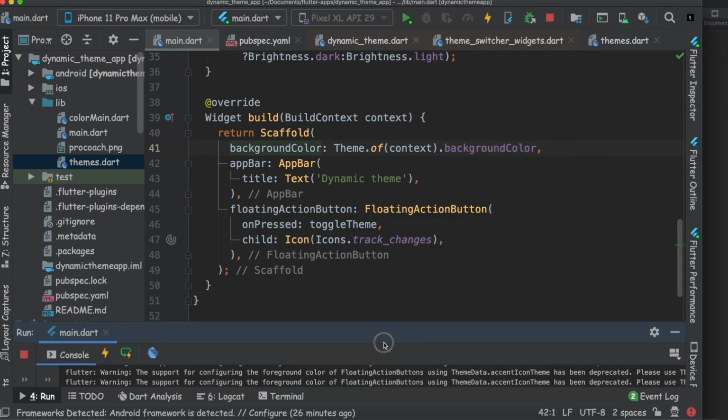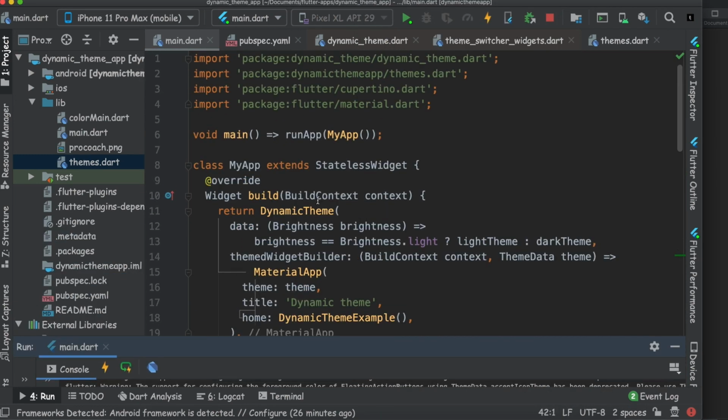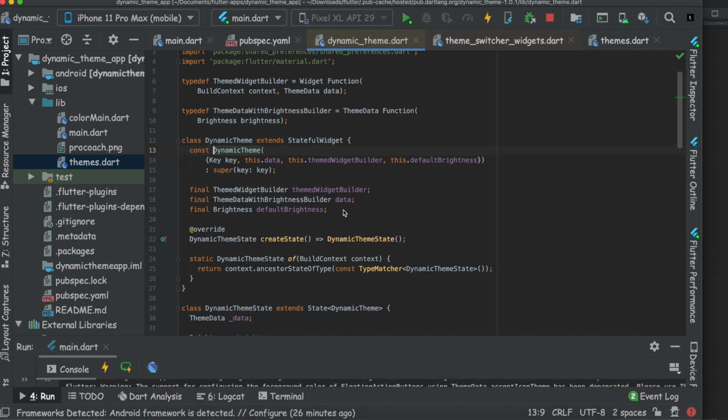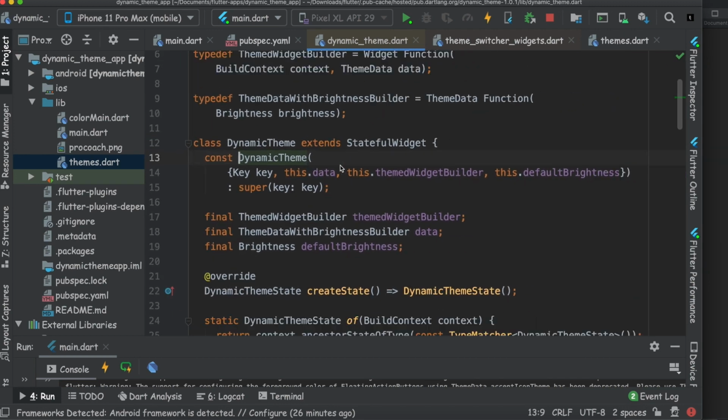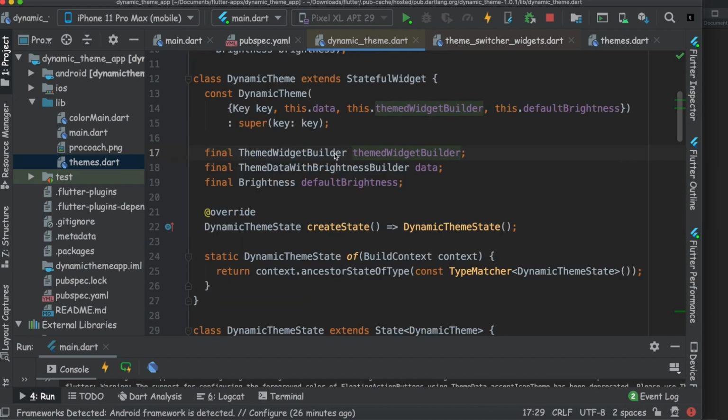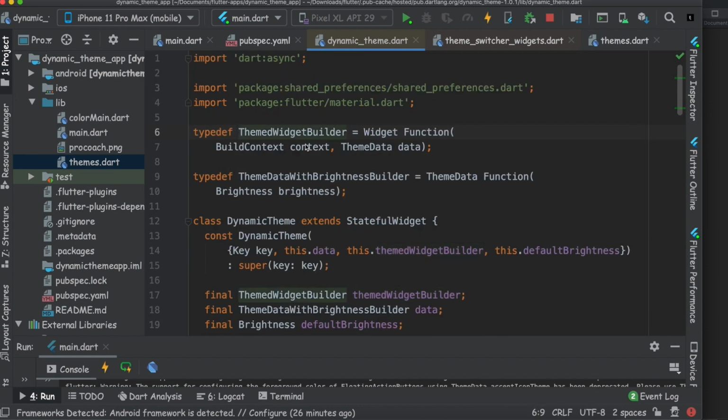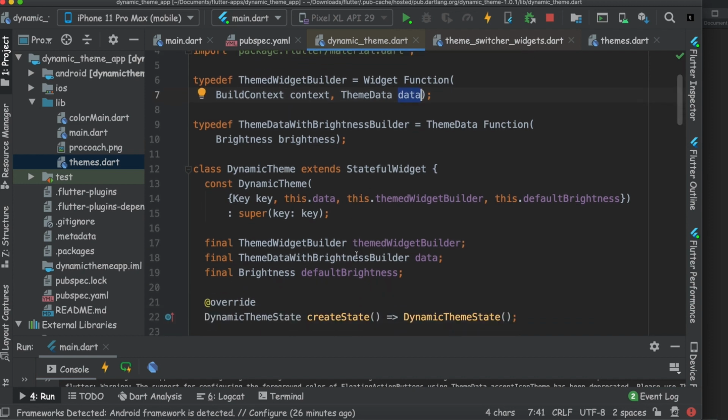If you want to dig inside, we can. Let's go into the dynamic theme. So dynamic theme is something which has a data of themes, and it has a theme widget builder. So it actually gives us build context and a theme data to rebuild our application.